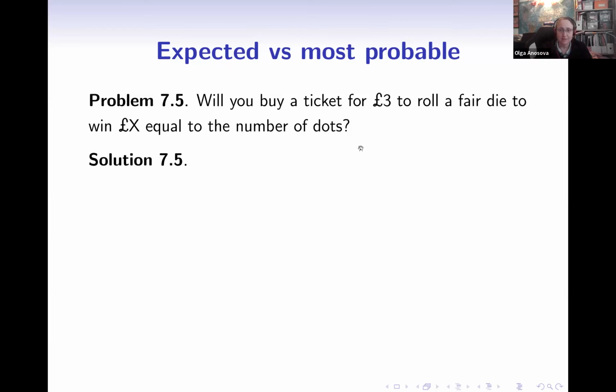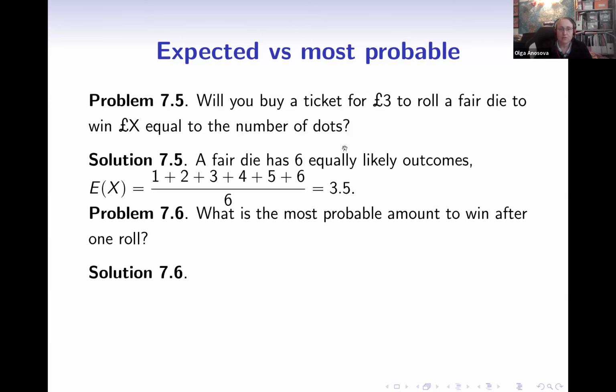Okay, yes, very good. So let's have a look. So now the expected value will be the number of dots, which is 1, 2, 3, and so on to 6, multiplied by the relevant probability each. And if we are dealing with a fair die, then indeed each of the numbers should be multiplied by 1/6, which will give us the expected value 3.5. So yeah, again, you're absolutely right. That is something probably worth playing.